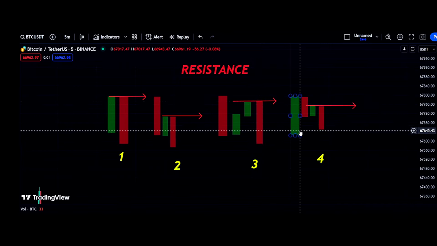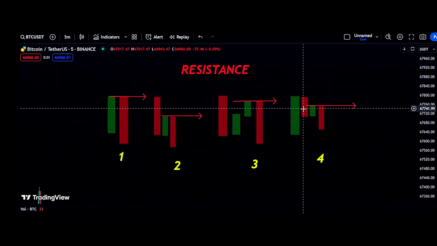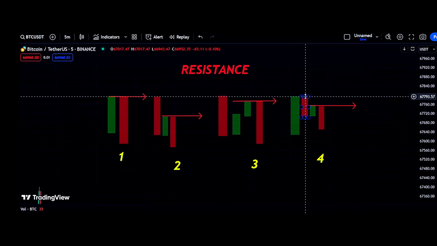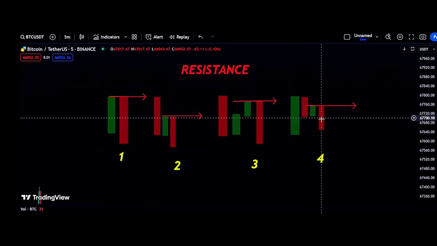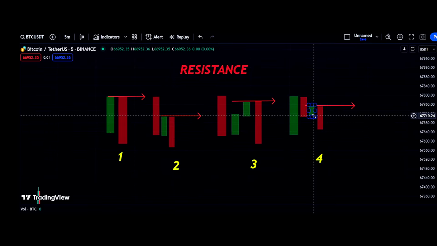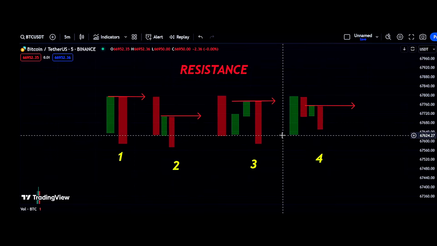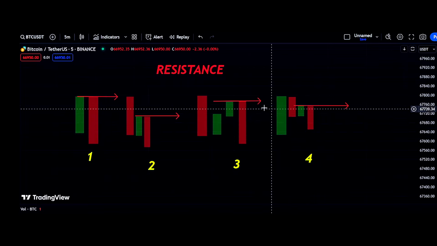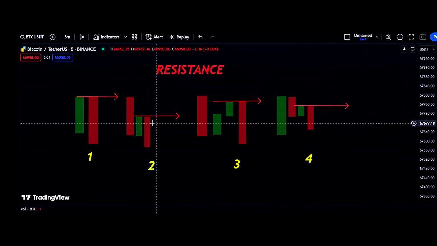In the fourth example, you can see a first green candle, then there is a red candle. So buyers enter, sellers enter. Buyers tried to break the high of this red candle, but they could not. Then sellers took the advantage and pushed the market down. So it need not necessarily break the low of the first candle. We just need the point when the buyers get defeated. Okay, so these are all the resistance.